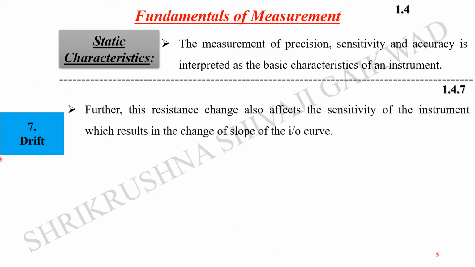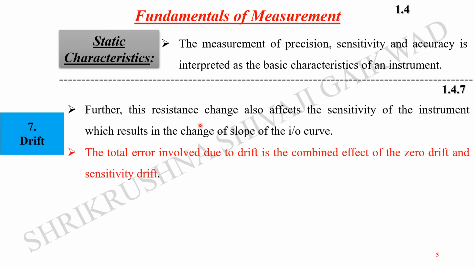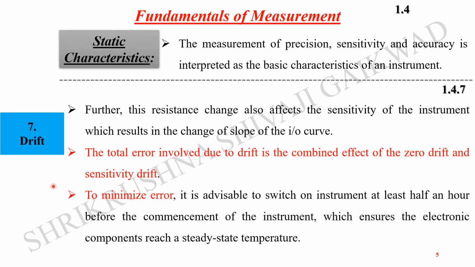Further, this resistance change also affects the sensitivity of the instrument, which results in a change of slope of the input output curve, and we can say that there is an error in the measurement. So the total error due to drift is the combined effect of the zero drift and the sensitivity drift. To minimize such errors or drifts in the measurement, it is always advisable